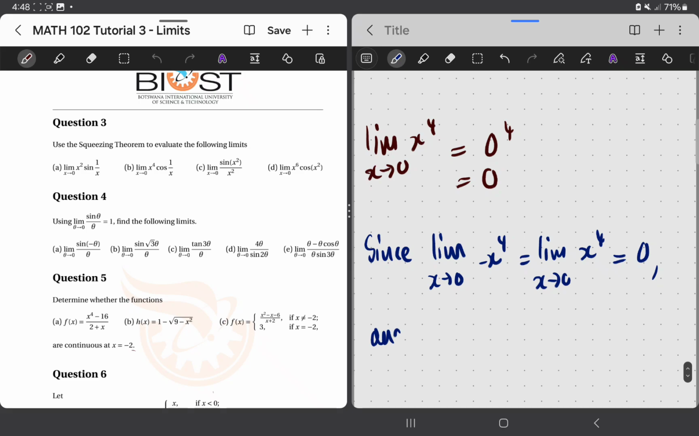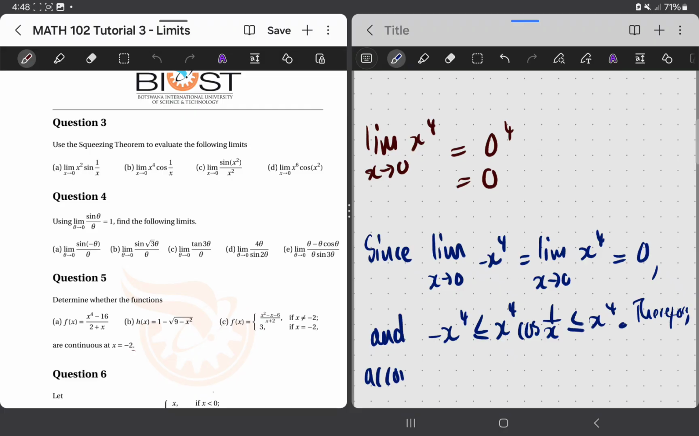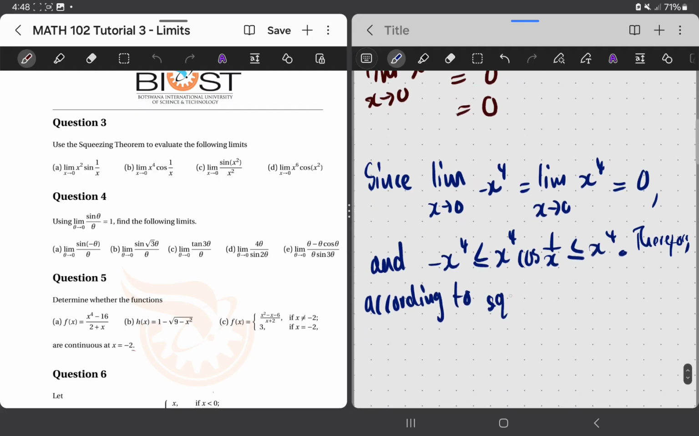You can say, and you now put the other one. You say now, you can now put and say that negative x to the 4 is less than or equal to x to the 4 cos 1 over x, which is less than or equal to x to the 4. So you can say therefore, according to Squeeze theorem,